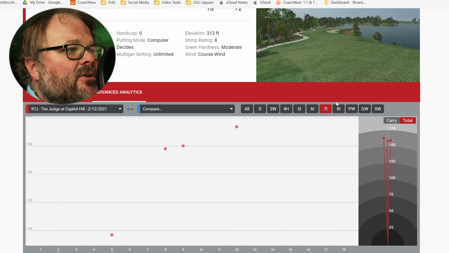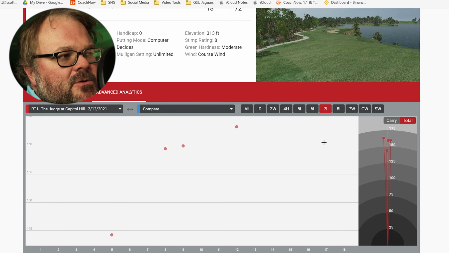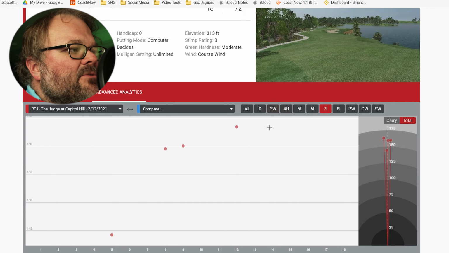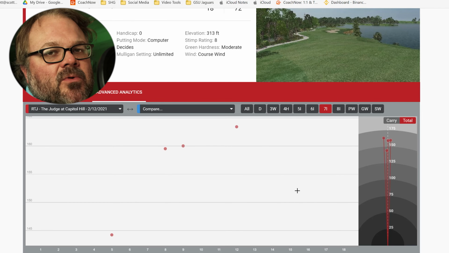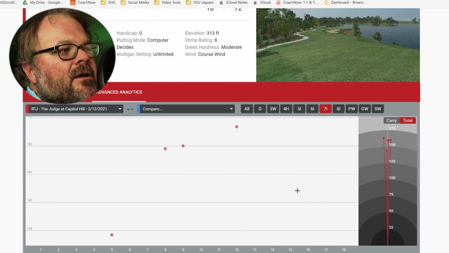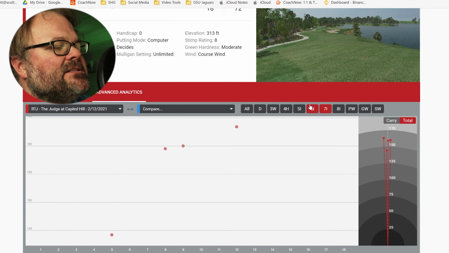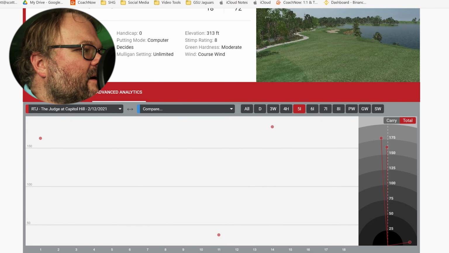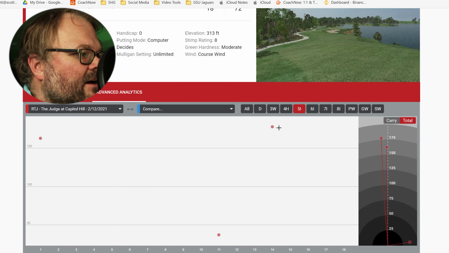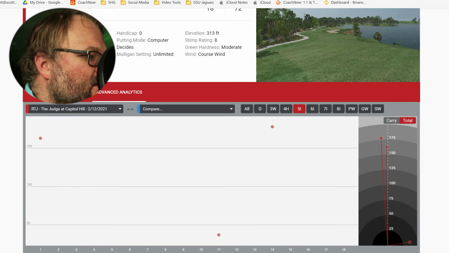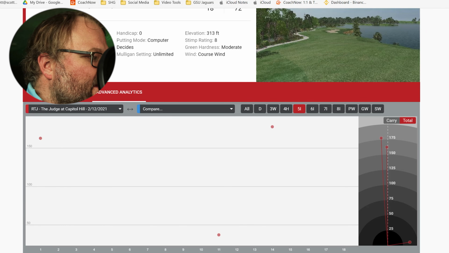It does not matter what club you're hitting. So that's the way I like to approach things. I like to look at what I'm doing as far as yardages and how close to the hole I'm getting it from a certain yardage. So if it came down to doing stats, if I do a 5-iron, again, assuming I hit 3 5-irons and they were labeled right, I would look at this and be like, okay, I carry